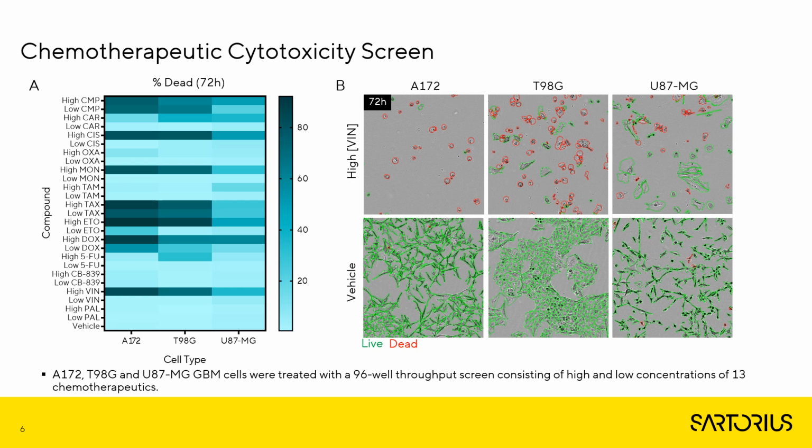If we look at the representative images on the right here, these also show the phase images and the live dead classification masks for high vinblastine treated cells. So we've got dead cells segmented in red and live cells segmented in green. So you can see that we've got high adaptability of segmentation, and it's accurately classifying the cells across these different morphologies. And this data indicates there's differences in potency for vinblastine across the glioblastoma cell types.